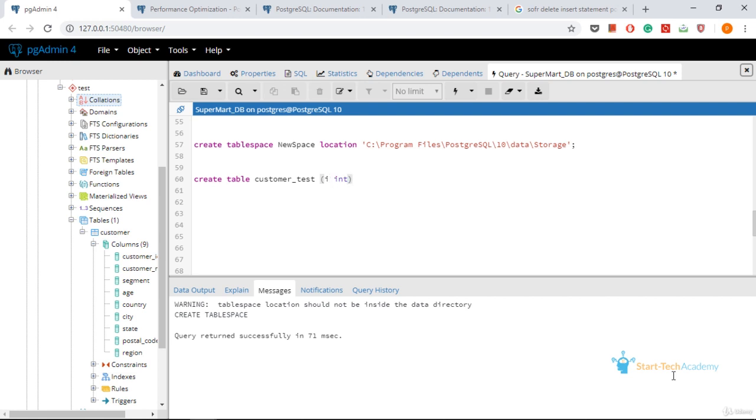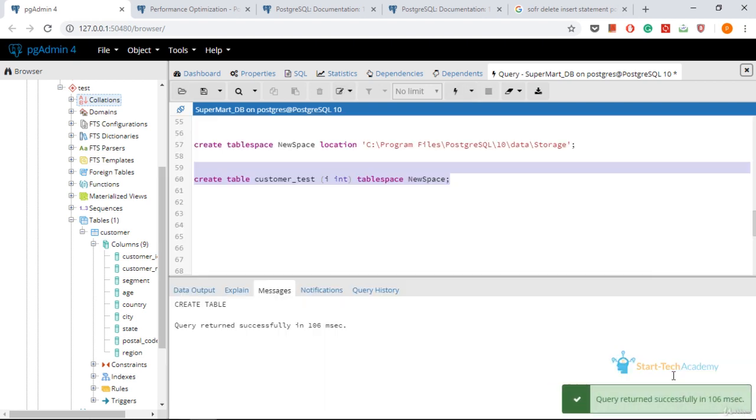So this is the table and I'll assign the table space as tablespace, and I'll mention the name of the new space. I'll run this query. So now whatever data I store in the customer test table, it will be stored in this new location.